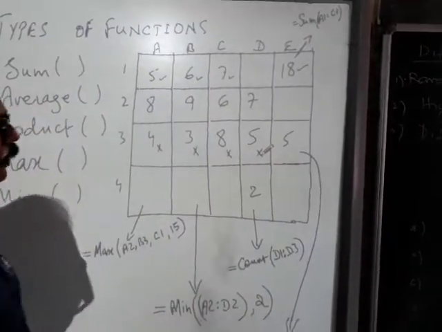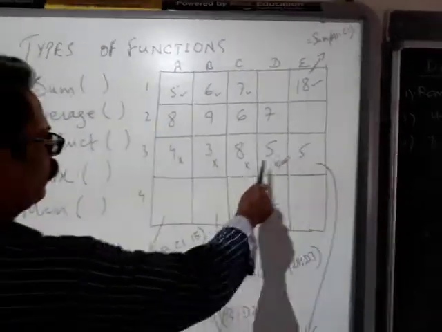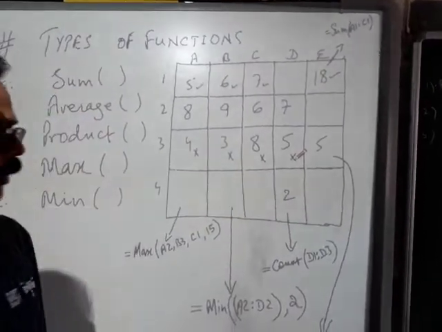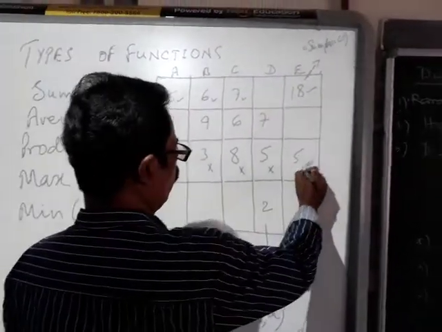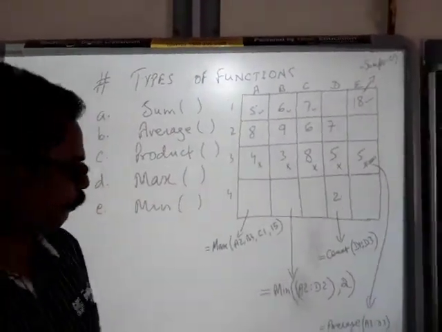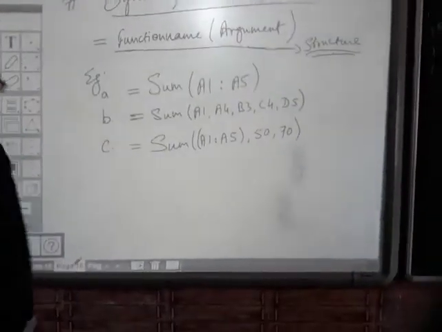So what we do is we find the average. Average means the sum of these. The sum of these, we know that it is 20. 20 divided by 4 gives you 5. So this is the average that you get. 5 is the average. Then, just like that, we can move on to the previous page here.